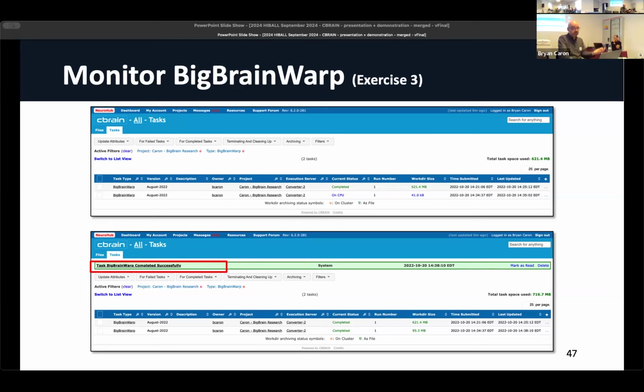The nice thing, even though it's a failed task, is that all of the logs are recorded here. So even if the task is successful or failed to process completely properly, you can go through and see the log files. You can see how far it went through the task. You can see if it's an issue in terms of the task being assigned by CBRAIN to reach the system, for example, where you told it to run. Or if it's a problem particularly in the scientific tool, sometimes it has a problematic input file and crashes. You can at least see all the logs, whether it's how CBRAIN orchestrated things, but you can also see all the logs from the scientific tool. All that's visible and stored within the system.